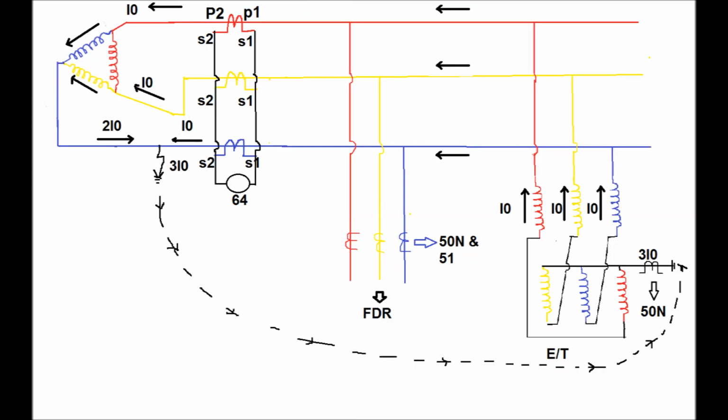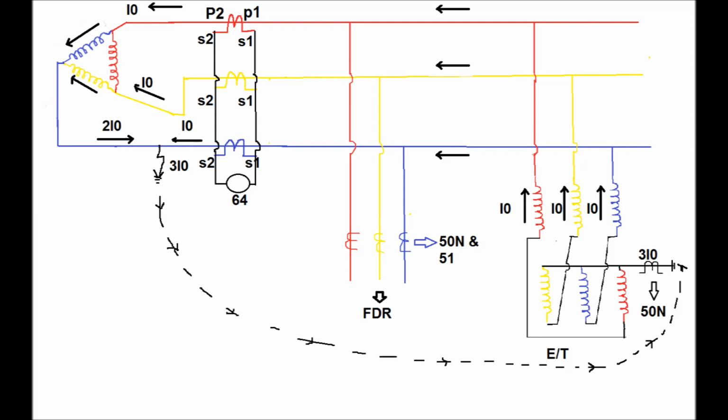Now again, if any earth fault occurs in the inside zone of the delta winding, as shown in this diagram, the circulation of the current has been shown in this diagram. That is the fault current, 3I0, entering the fault point to the earth, and it will flow towards the neutral point of the transformer,